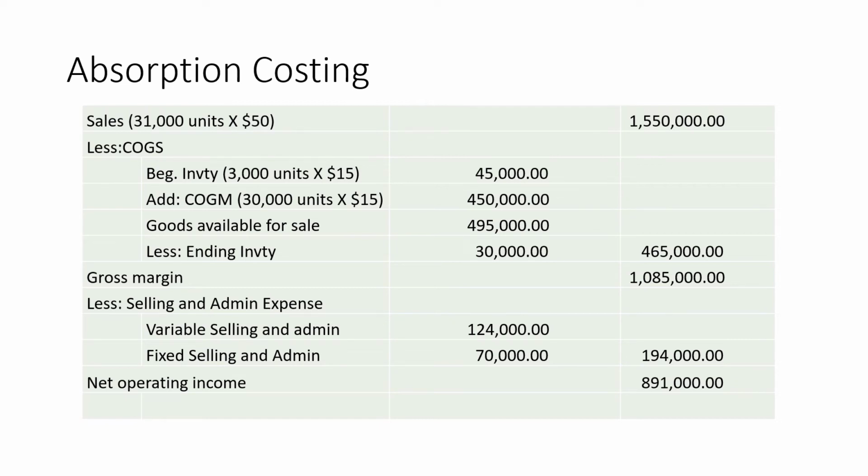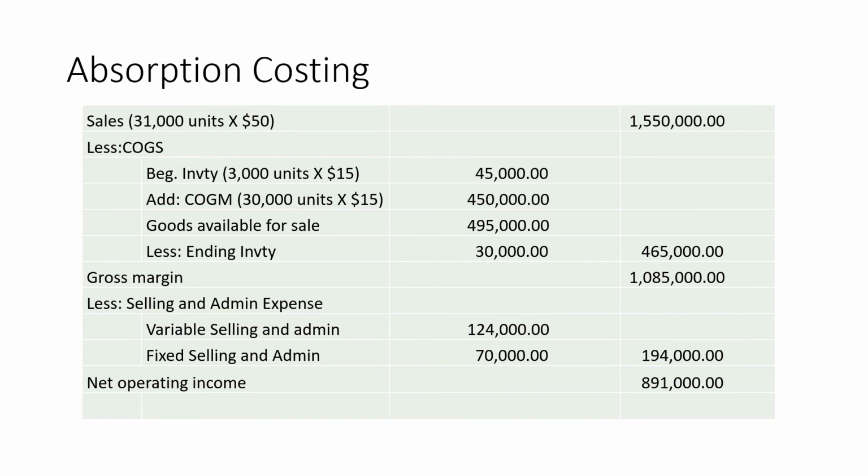Ma'am, paano na-compute yung 30,000? So, tingnan natin ha. Meron tayong beginning inventory na 3,000 units. Nakapag-produce ka ng 30,000 units during the year. So, yung total available units mo during the year is 33,000. Out of the 33,000, yung naibenta mo lang is only 31,000. Thus, at the end of the year, you are left with 2,000 units. So, yung 2,000 units na yon, we will multiply that by $15 per unit. Kaya na-compute natin yung 30,000. So, for the second year, your cost of goods sold is 465,000. Now, getting the difference between your sales and your COGS, we can arrive with 1,085,000 as your gross margin